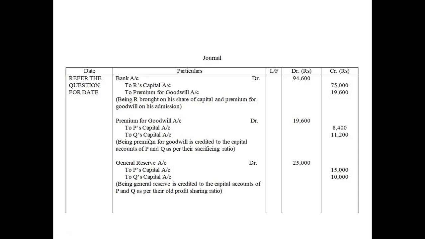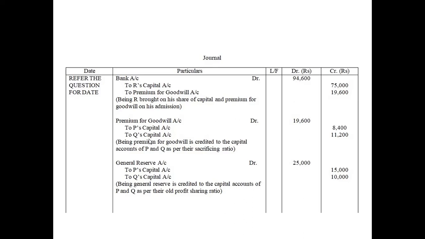Now while doing this kind of sums, be it admission, retirement, death, you have to refer to the balance sheet all the time and check the liabilities column if there is any accumulated profit, okay. Credit balance of profit and loss, general reserve, or maybe sometimes workman compensation reserve, investment fluctuation reserve, okay. You have to share between these partners, okay.